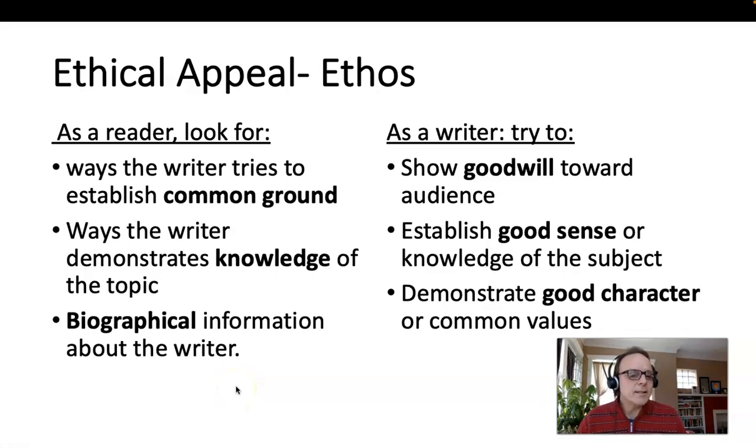Because it's like when somebody sends in a resume, and I used to be in a job where I hired a lot of people. I'm an English teacher too, so that made it doubly worse. But when I would see a resume that has a lot of typos, spelling mistakes, even the formatting, right away I would kind of push that resume away. And maybe that's unfair, but it does happen a lot. And that's because of ethos, right? The person's not showing that they're careful, that they're thoughtful, at least in their writing. They may be the most careful, thoughtful person in the world, but it didn't come across. And that's an example of how ethos can be really important, even in real world situations where writing is involved.